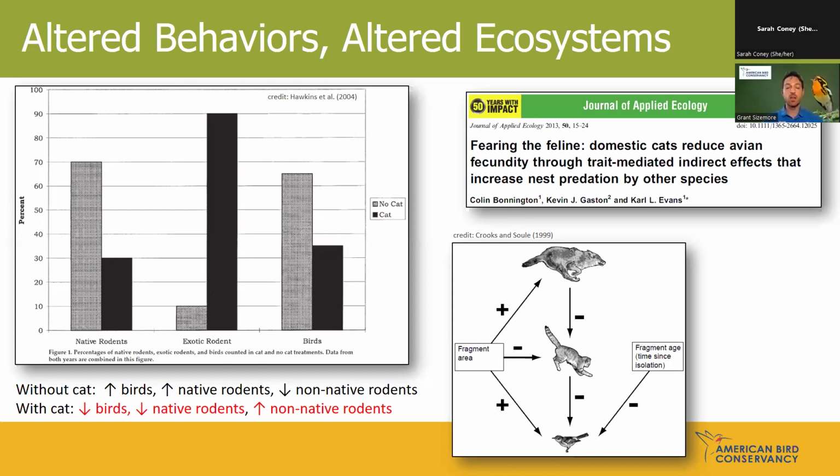So it changes the composition of the community of species that are represented in a given area by just introducing domestic cats. And of course, we want fewer non-native species. We want more native species. We've also seen in this graph on the bottom right that when domestic cats are present in an environment,